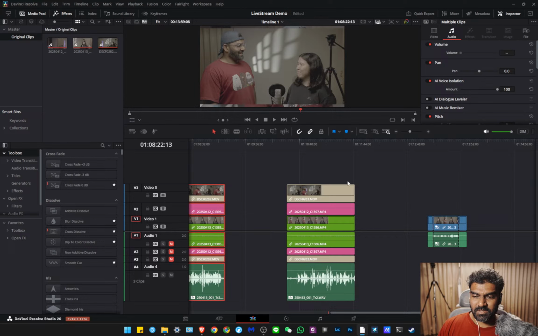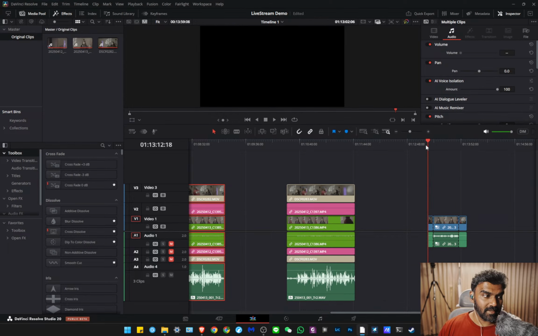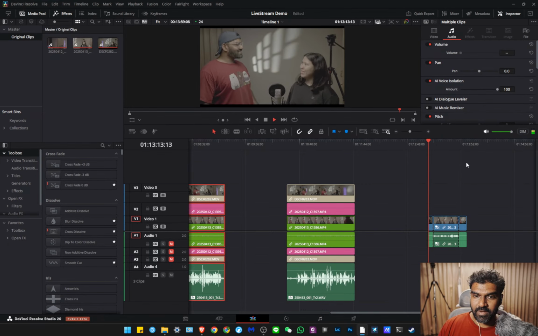All right, so once I apply this feature, it's automatically cutting to the parts where